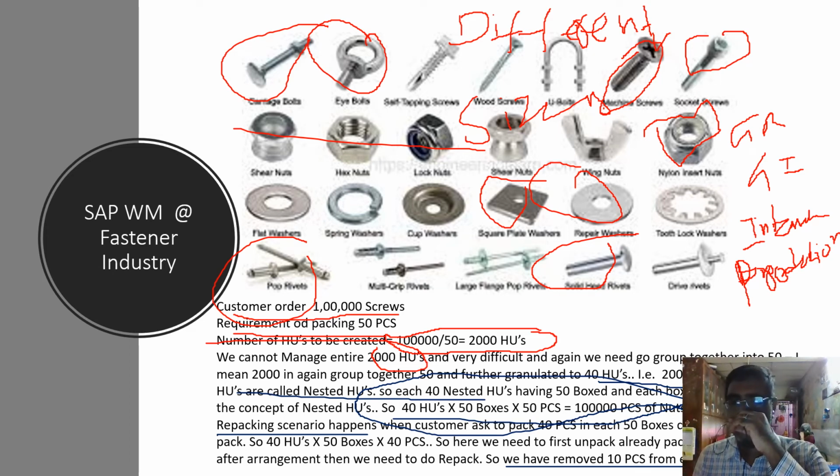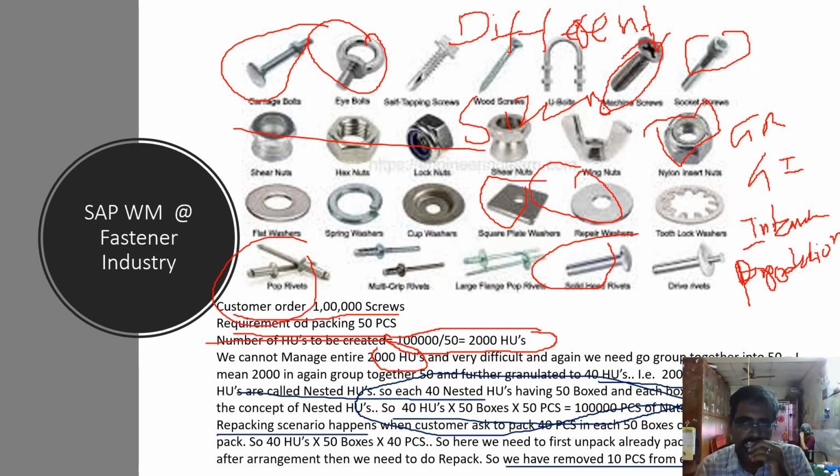40 nested handling units are there. Each nested handling unit will have 50 boxes, and each of the 50 boxes will have 50 pieces inside that. Okay, that's the calculation. So if you multiply that, then you will get 1 lakh screws. Now the system will pick the 40 nested HUs, right, instead of the 1000 pieces, and creates a transfer order